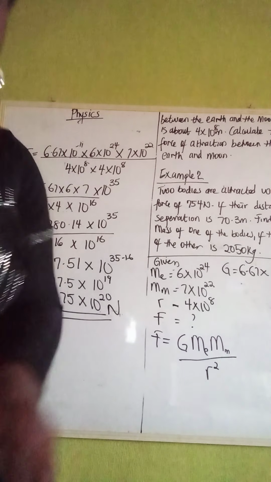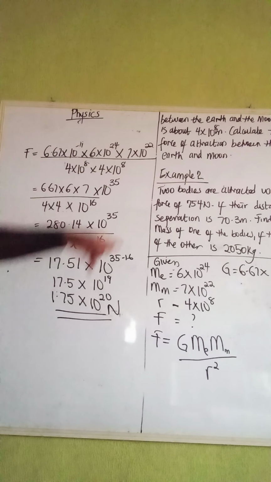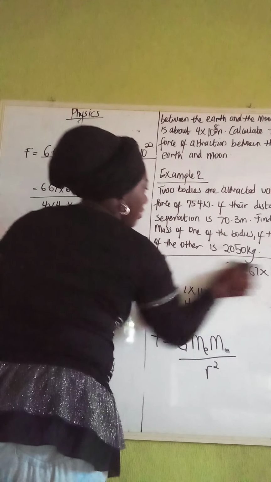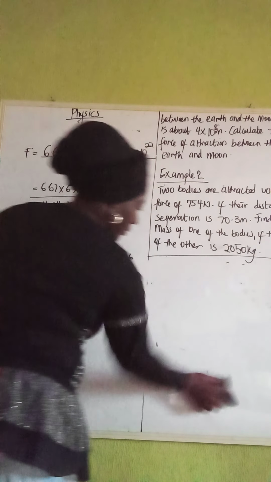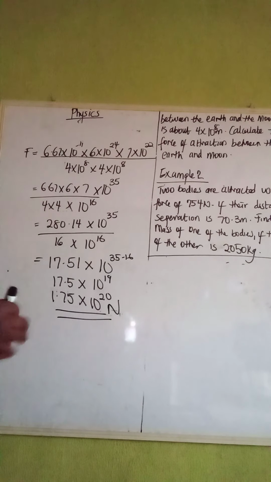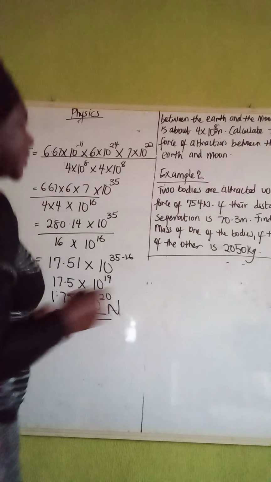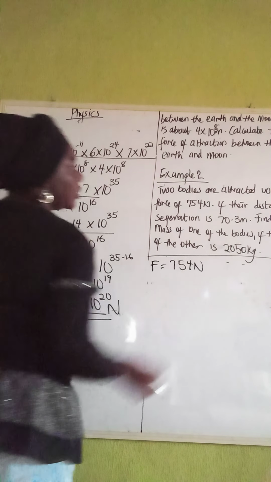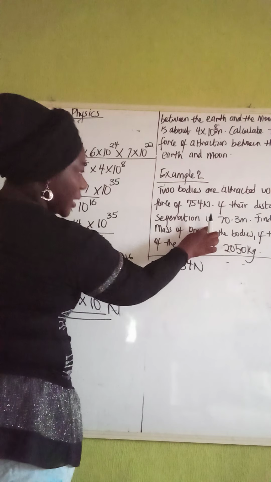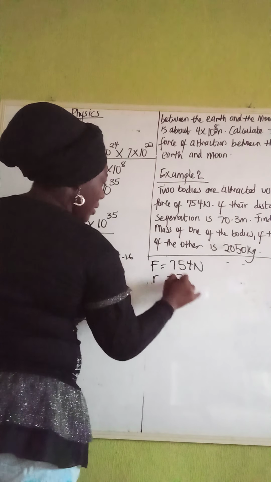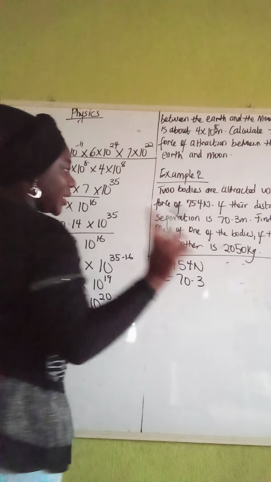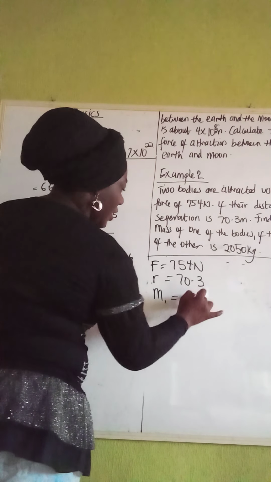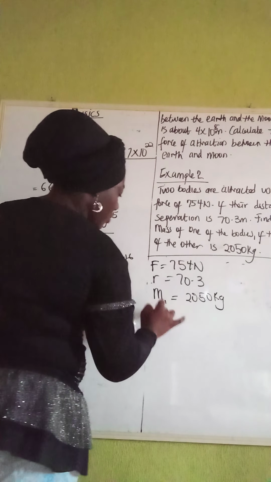Is that understood? Now, let's see if we can solve the second example. Let me rub this place off for the parameters. Two bodies are attracted with a force of 754. That is, F is 754 Newton. If the distance is 17.3, that is R is 17.3, then we're given the mass of just one body. Let's say M1 equals 2050 kg. So we are told to find